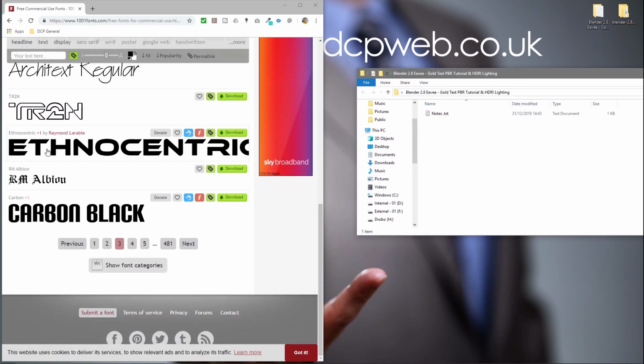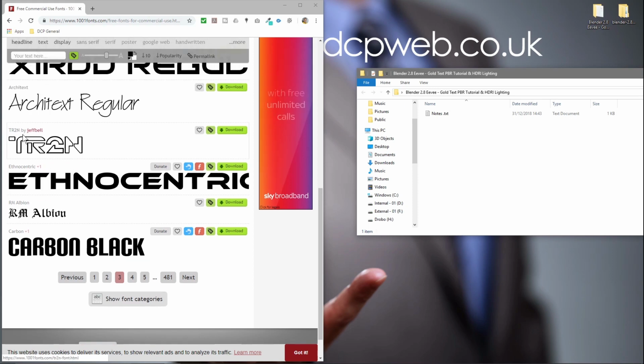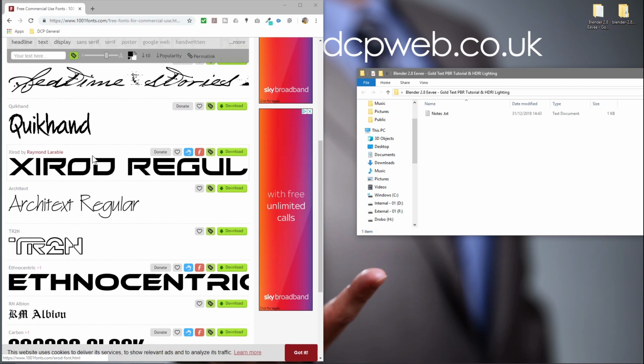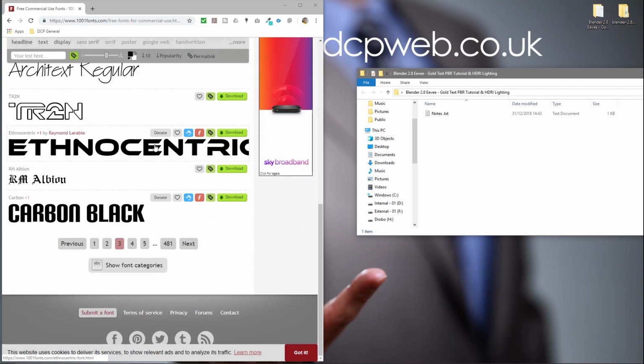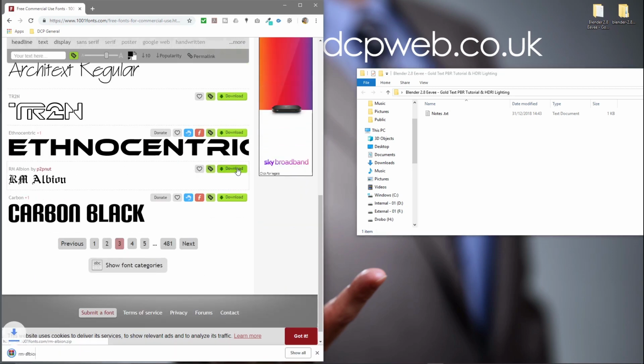You can pick any font, but try and pick something that's quite thick. You don't want anything like white in it like this. You want thick fonts like this, something simple, and then we'll click download. So I'll download this font. I downloaded the wrong one. Let's click this one here,